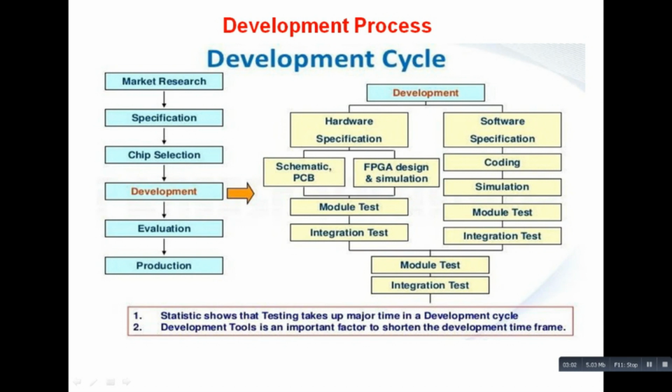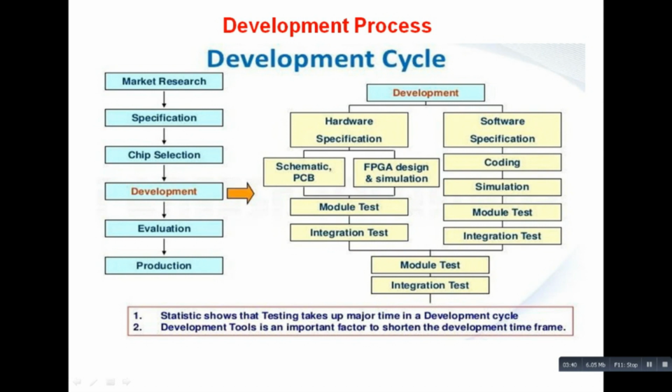After that, the software specification: which type of software tool is used for designing the system, which type of editor is used, which type of assembler is used, how to compile the program, which type of compiler is used. A simulator is used, an emulator is used. All these are given under this software specification. After getting the editor, we perform the coding as per the requirement. After the coding, we check with the simulator whether what we have done is correct or not.